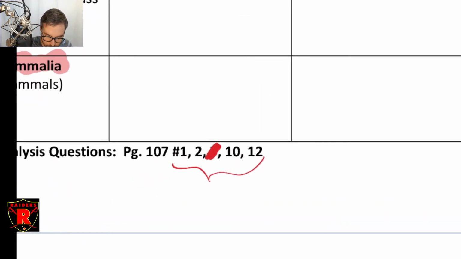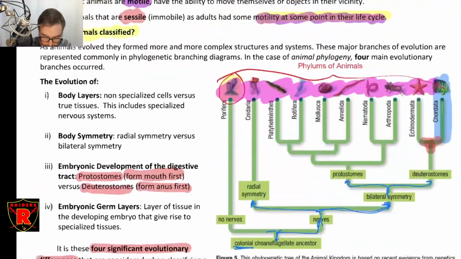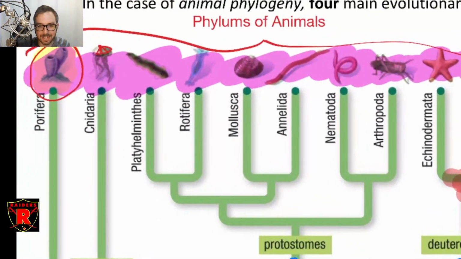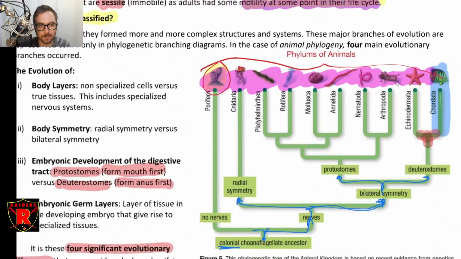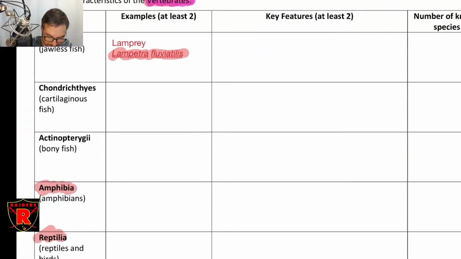And there are some questions that go along with it from the text. It's mostly based on what we were just discussing right here. So that's the basics, what you need to know about animals. We're not getting super deep into this. We're not going to spend a class looking at each group, which would be so cool. I mean, we could make a whole course out of zoology, but no time. So like I said, I'm going to get you to fill out this table.